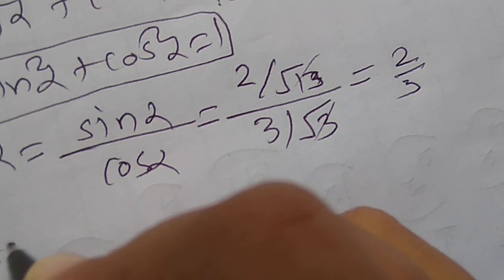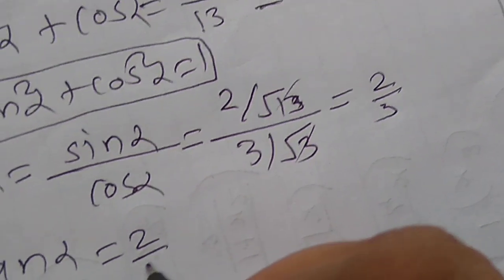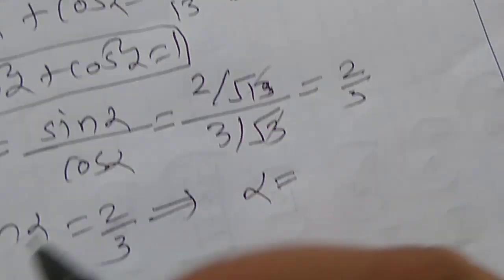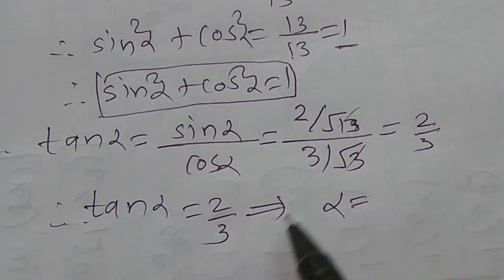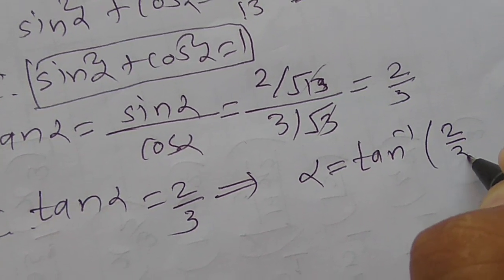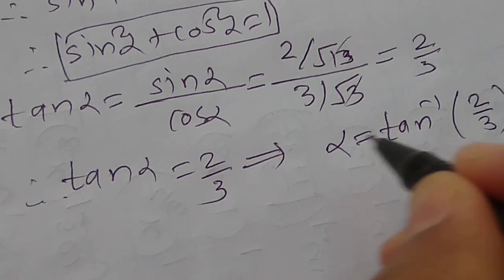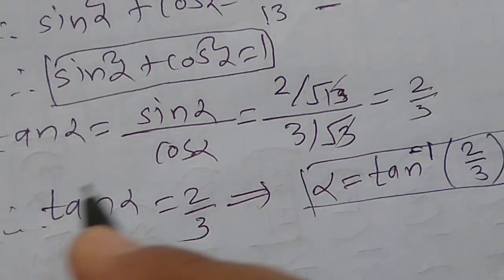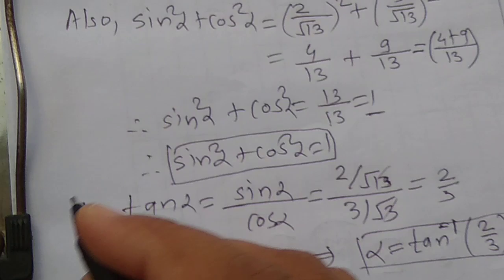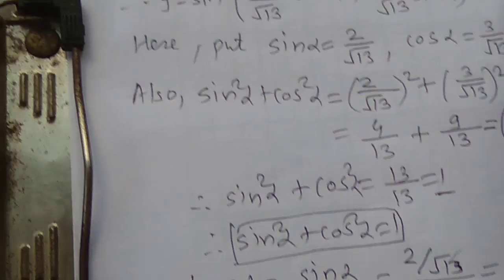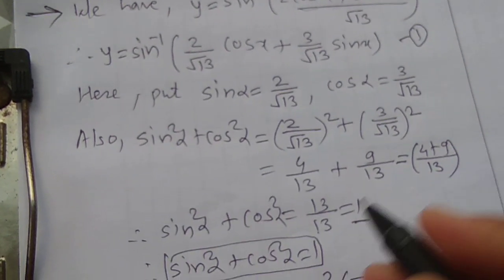So here tan alpha is equal to 2 upon 3, that is alpha is equal to tan inverse of 2 upon 3. Therefore, by equation 1,